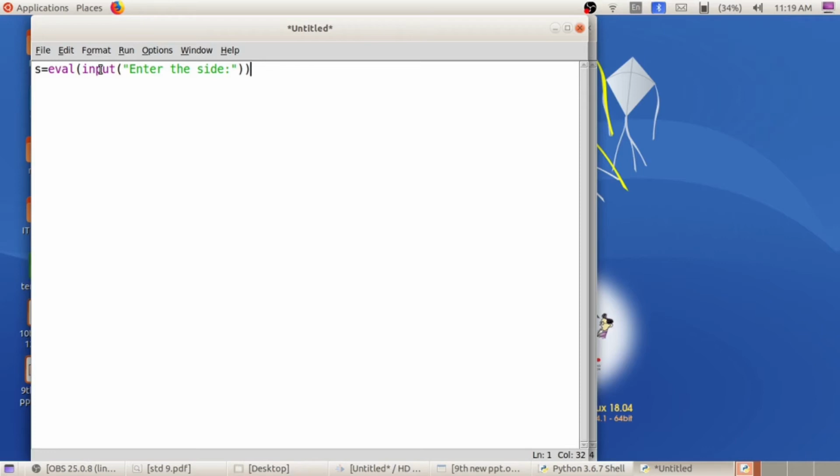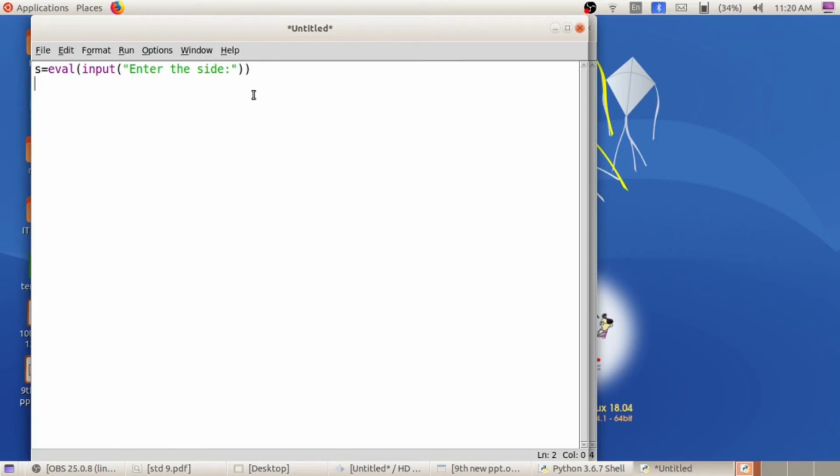So here what is the usage of eval and input? Do you remember that? Input means here we can enter some data. That's why we are using the input function. Eval means evaluation. What we have entered here will get evaluated. So here we have to do the calculation side into side. That's why we have used the eval function. Then here two brackets had opened, so close those two brackets.